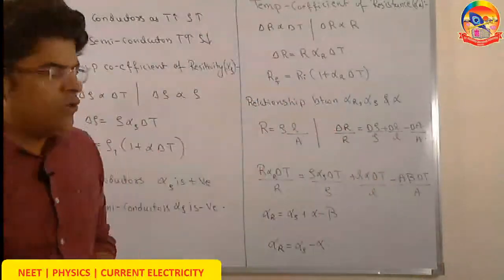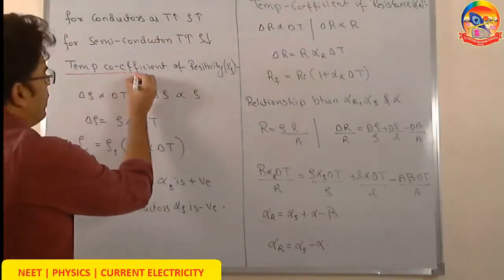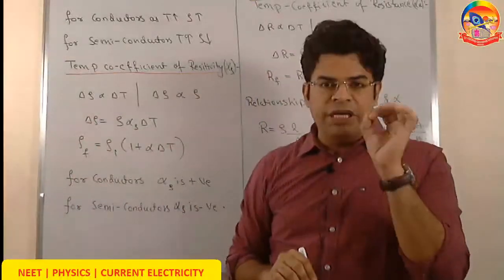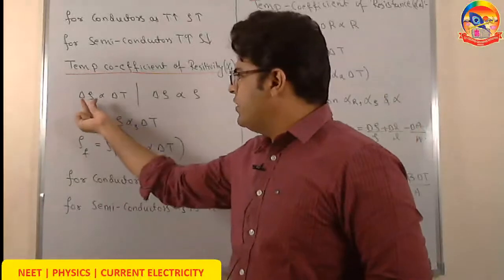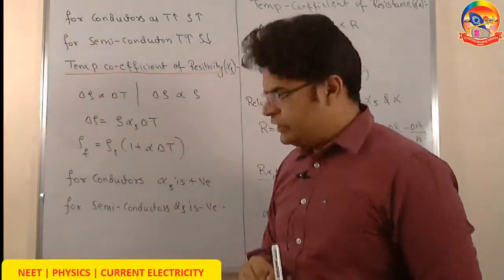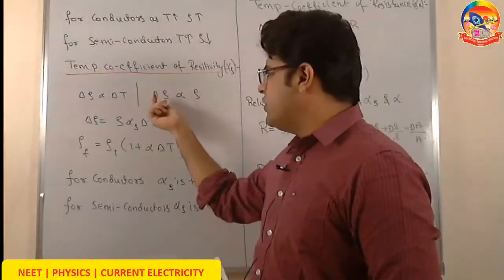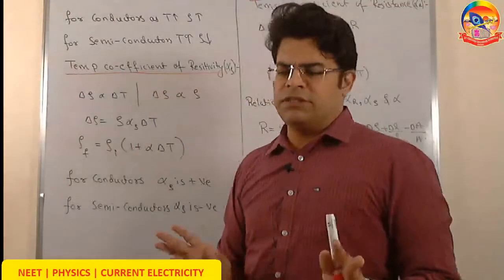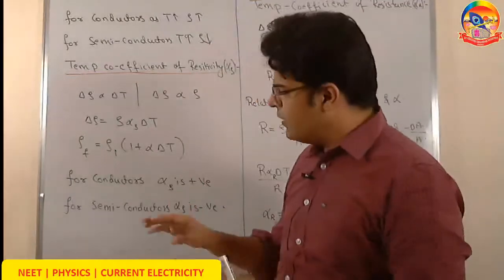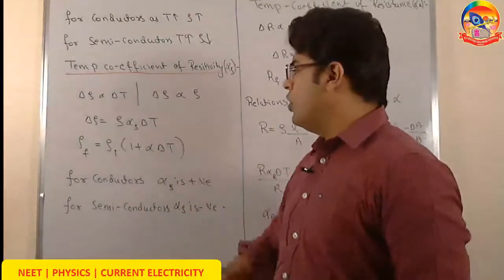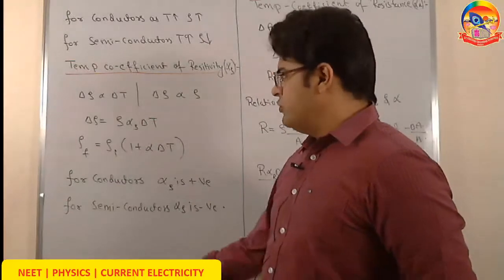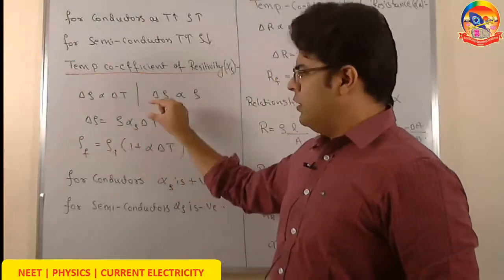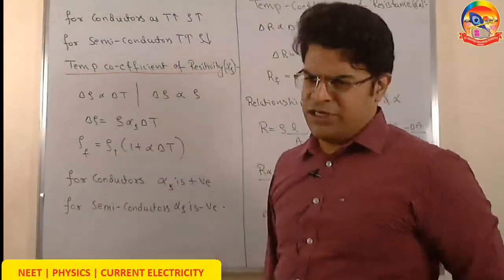here we are going to learn a new term called the thermal temperature coefficient of resistivity. Let's say for a small change in temperature, the change in resistivity is directly proportional to the change in temperature, and the change in resistivity is also directly proportional to the original resistivity. Whenever physicists find this, they add a proportionality constant, and the proportionality constant of this equation is called the temperature coefficient of resistivity. So we write the change in resistivity on heating equals original resistivity times the temperature coefficient of resistivity multiplied by the change in temperature.